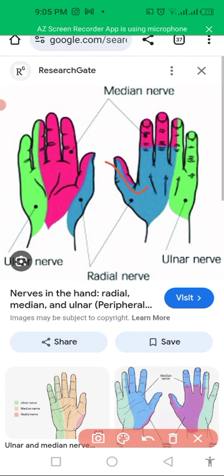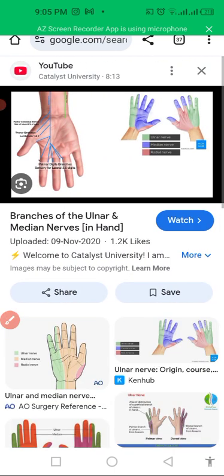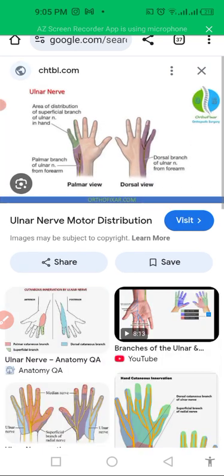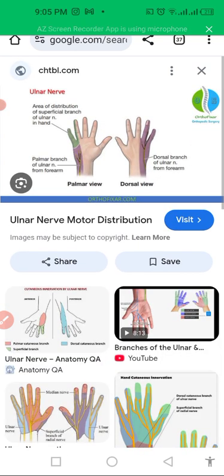So in this way, you have to keep this in mind, what kind of nerve is innervating which part of the upper limb. So in this way, you can easily answer the question, and